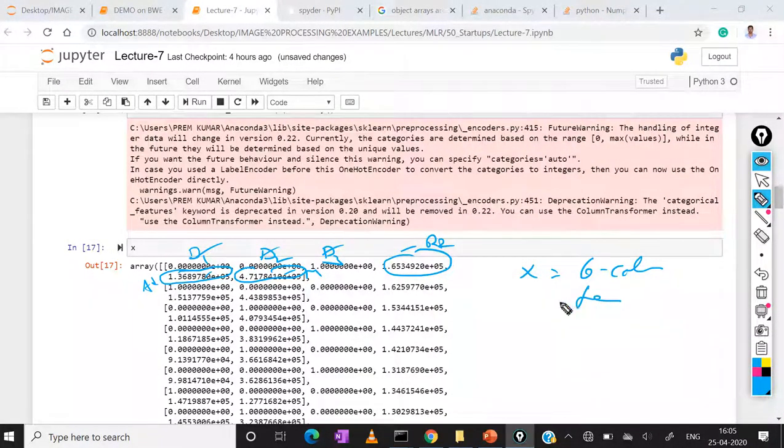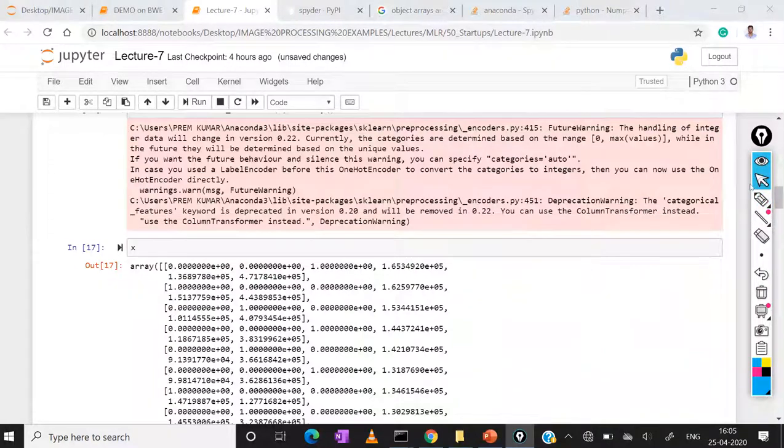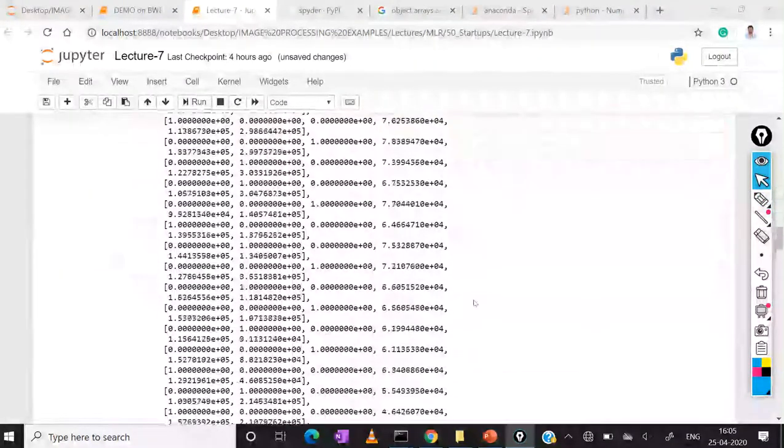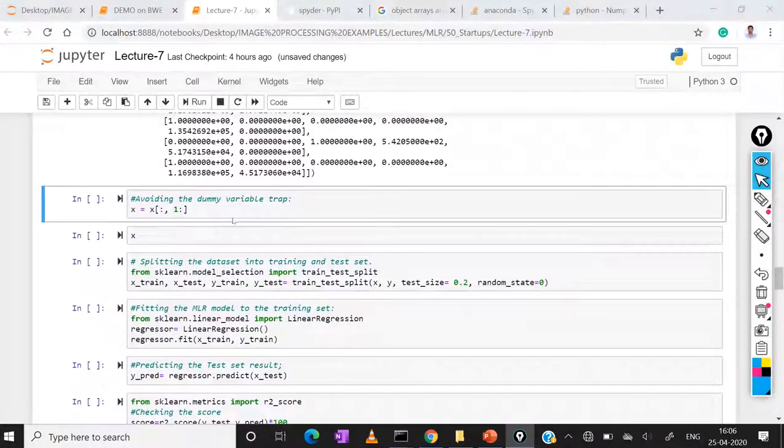Among the 3 dummy variables we have to remove any one of them. There is no need to keep all 3 dummy variables. Among d1, d2, d3 we remove one dummy variable to avoid what is called the dummy variable trap.